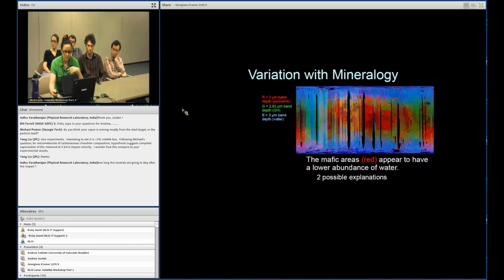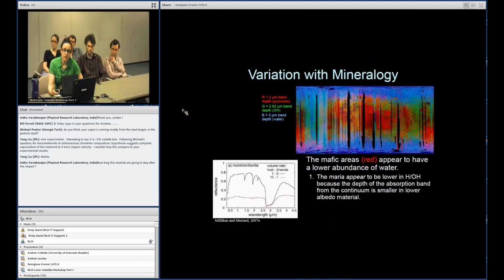So beginning with mineralogy. In this map, which is from M-Cube data, it's showing in red the 2 micron band depth, which is attributed to pyroxene. Green is the hydroxyl band depth, and in blue is our closest approximation of 3 micron band depth, which is attributed to water. You'll notice that the mafic areas appear red. I mean red, like they're not yellow, they're not orange. So this could be